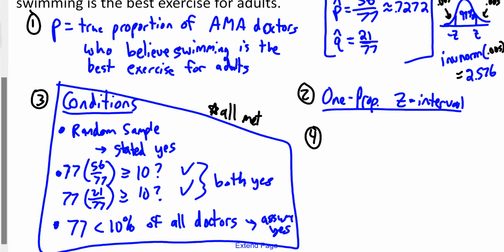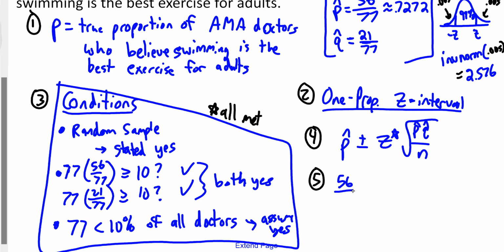What formula are we going to use for this? Well, that is our p hat plus or minus our z star, which we already found, times the square root of p hat, q hat, over n. And let's actually plug in and get our interval. All right, so 56 over 77 plus or minus